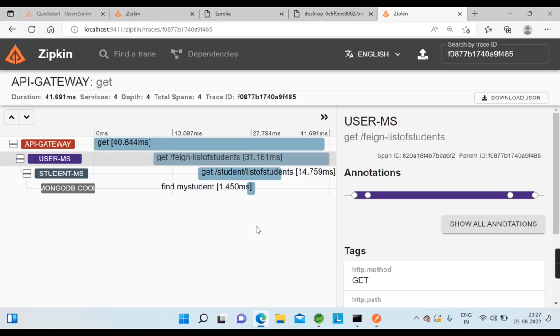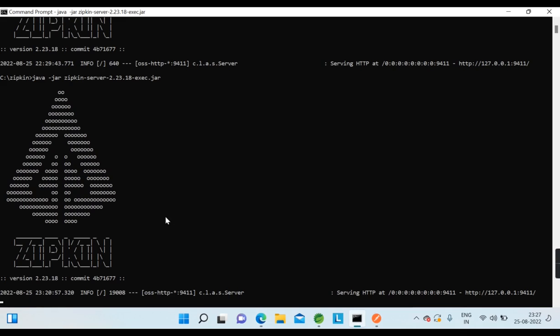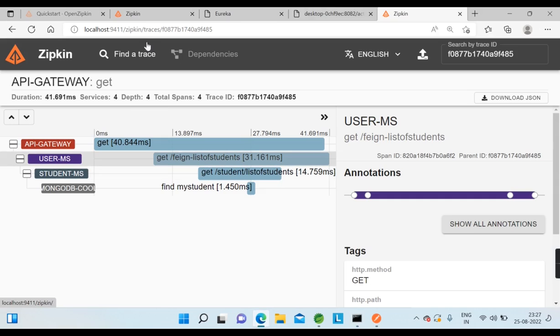And once again, I would like to summarize. Basically, we need to add the required dependencies and required properties, and for Zipkin we need to download the server and keep it in your C drive or any place you like, and you can open command prompt and run java -jar zipkin.jar, and the Zipkin server will be running. After that, we can go to the browser and open localhost 9411, and this